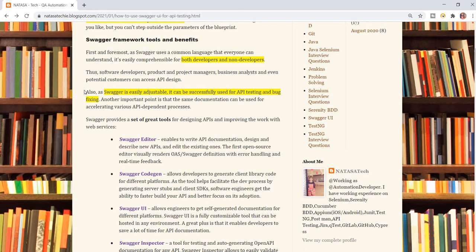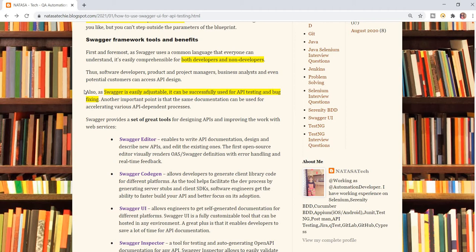For example, take the HTTP method POST. If you want to create or update any existing details, the Swagger Editor will help you. If you want to edit existing ones, you can update and post those new details again.